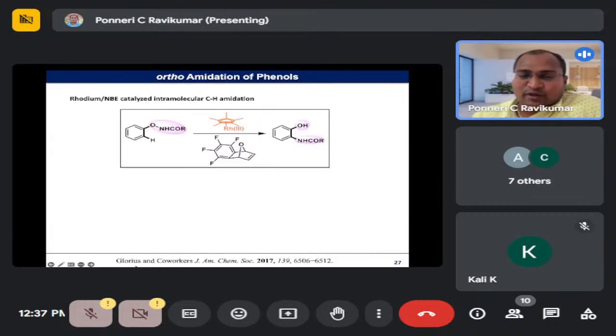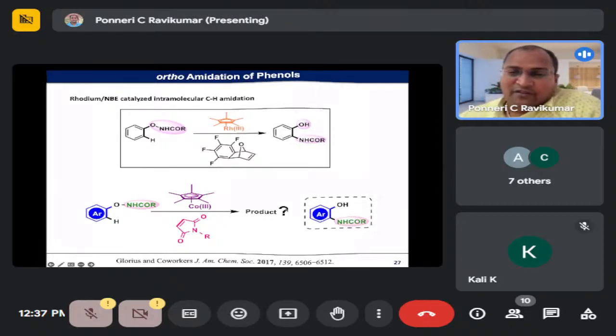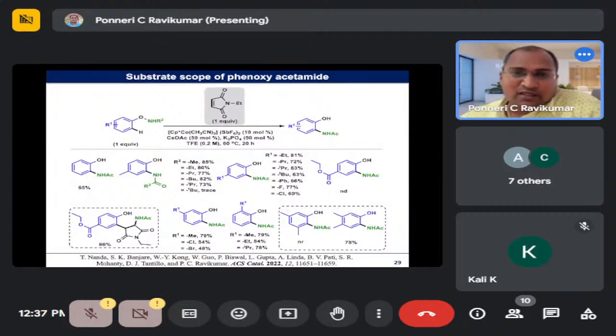This is a known reaction reported by Glorious, wherein he has used this fancy norbornene and CP star rhodium catalyst. We thought we will replace this CP star rhodium with first row transition metal cobalt, and also replace this olefin with the maleimide. So this is our idea, and we want to test whether this works. After a lot of trials, indeed it worked,